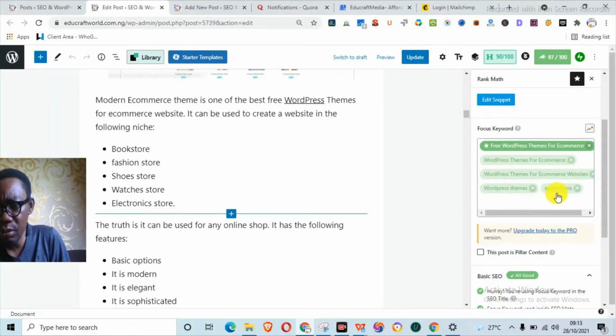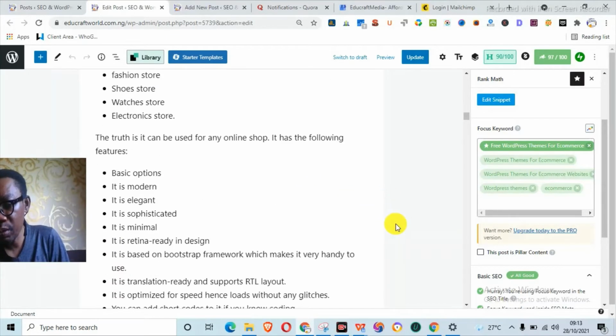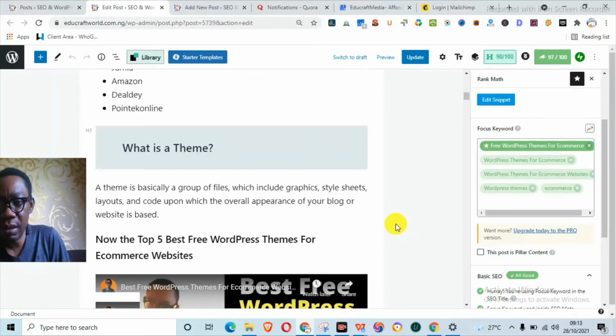Now all these, 1, 2, 3, 4, 5, come together as my keyword, but basically the focus keyword is free WordPress theme for e-commerce. So as I said, I'm not going to be showing you how I come about using that keyword. I only want to show you how to optimize my content in a blog post. So now that you've seen that,